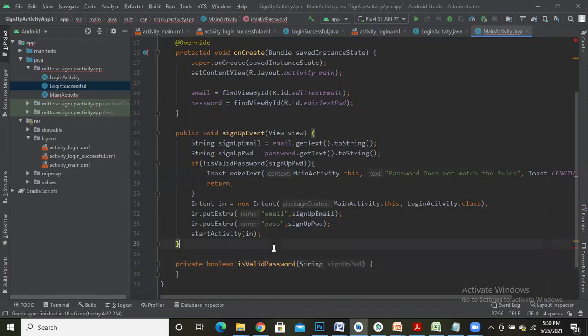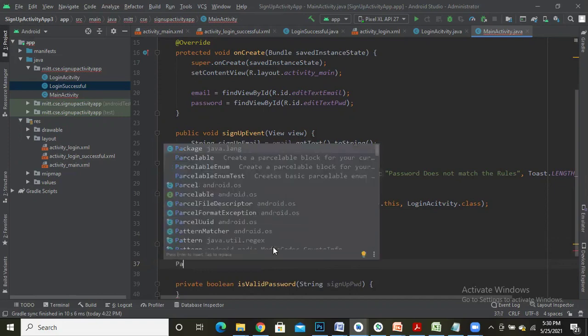Now, before I execute this isValidPassword method, I am going to compile, or build, the regular expression for the password with the help of a class, Pattern.